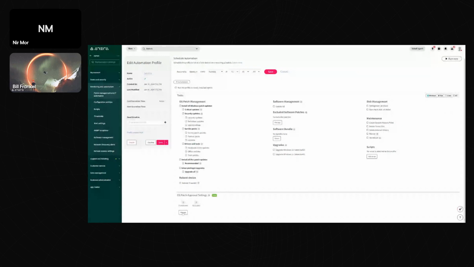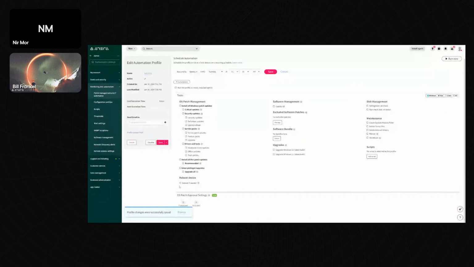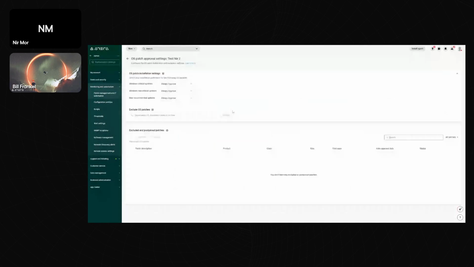If we click on manage, we need to actually save that one. So I'll just save that one. And you can manage. And here you can see the option to be able to exclude. So as I said before, we do have the global exclude, which you can do from the list, but here you can actually go to a specific profile and say, I want only this profile,